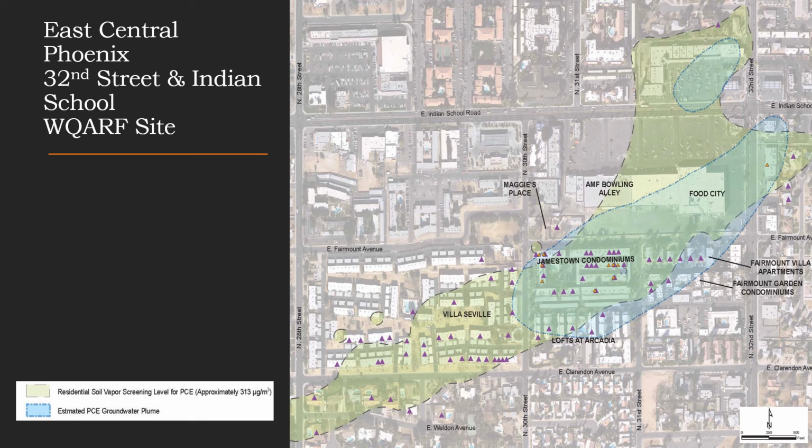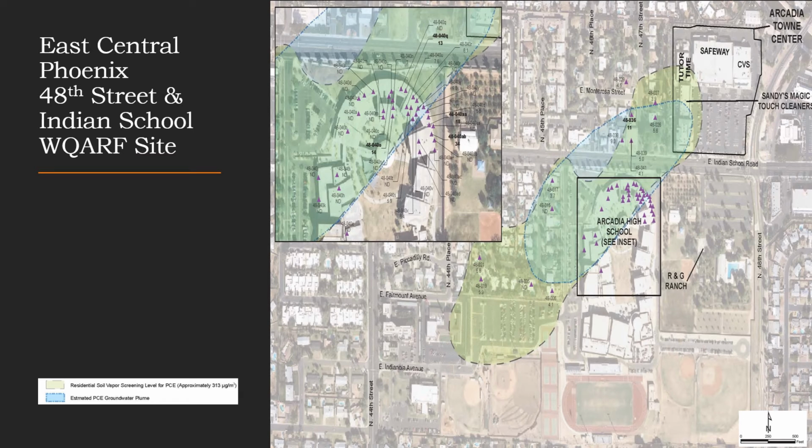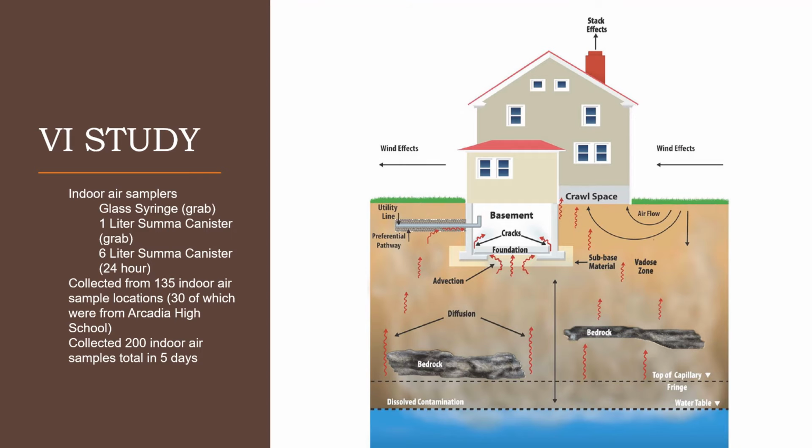We realized that the plume was far more extensive than we originally had thought it was, and we sampled a lot of the homes on the ground level that we thought were at greatest risk. At 48th Street, we did not have as many homes. We did sample a few of them, but we sampled extensively in the high school, which we felt was the greatest risk. We also came to understand that there was also a daycare center which never let us come in and actually sample. We thought that was a great risk. It was right next to our source area.